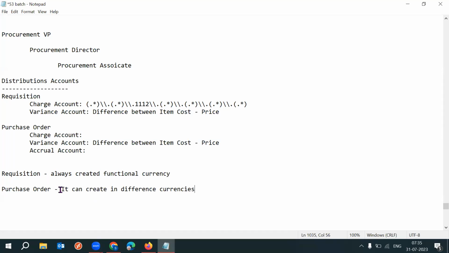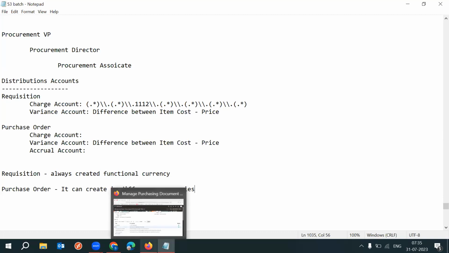So when I say different currencies, our functional currency could be Indian rupees, but your supplier is from Europe, so you create a purchase order in Euro. Supplier is from US, you create the purchase order in US dollar. So you can create a PO in foreign currencies, or nothing but you can create a PO in any other currencies. Okay. And in the approvals,